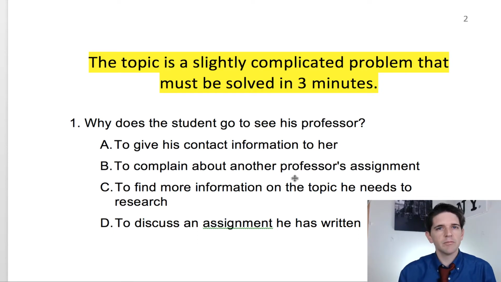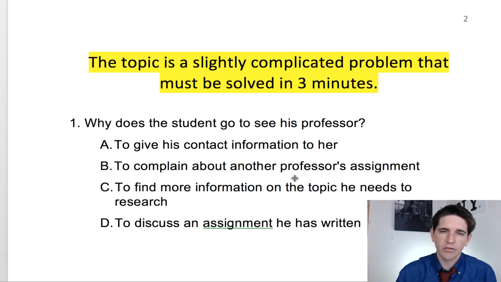Now, if I have a problem, like let's say, for example, I can't find my shoes, right? I don't have to have a 3-minute conversation with you about it. You can just say, where did you put it last? I put it there. Oh, it's there. Okay, finished, right? If, for example, a student goes to a professor and says, what time does class start? Class starts at 9 o'clock. Okay, finished. We don't need to have a very long conversation about this, right? So the choices have to be something that is a kind of complicated problem, something that is a little difficult to solve, that does require a little bit of a conversation.